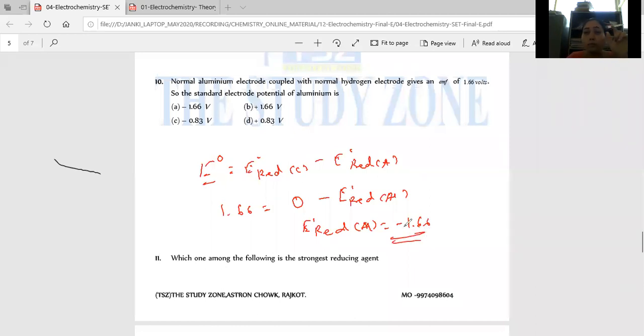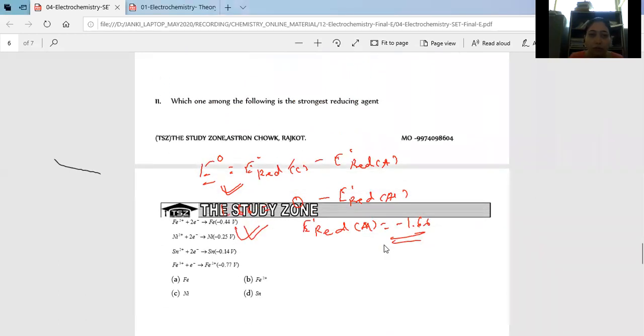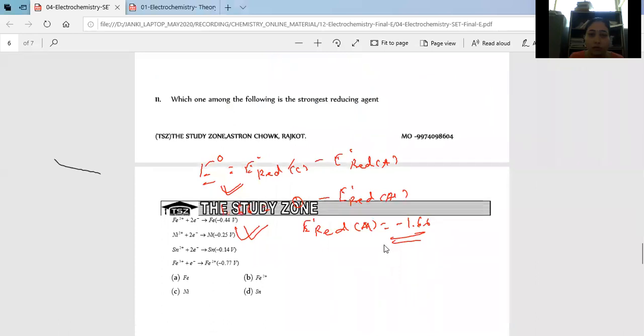That's why I told you, if you know the respective position in the electrochemical series, at that time you can directly do such type of easy calculation, right? Aluminum has a higher oxidation potential than that of hydrogen. Aluminum always undergoes oxidation according to the electrochemical series, right? So this is regarding the question based on the electrochemical series. Now, instead of aluminum, for any metal, if you know the position, you can easily give the answer. Fine.